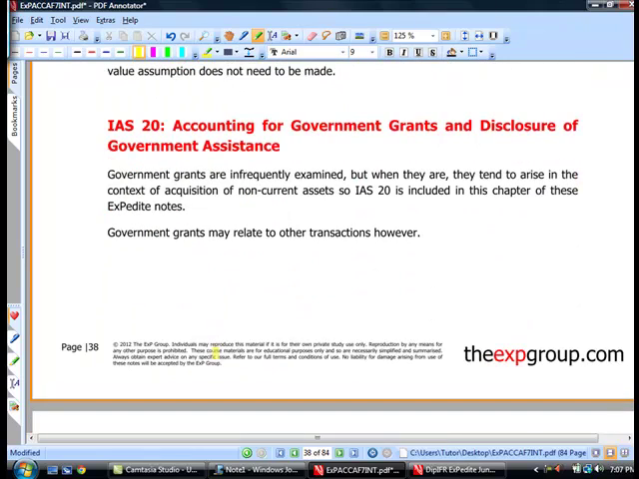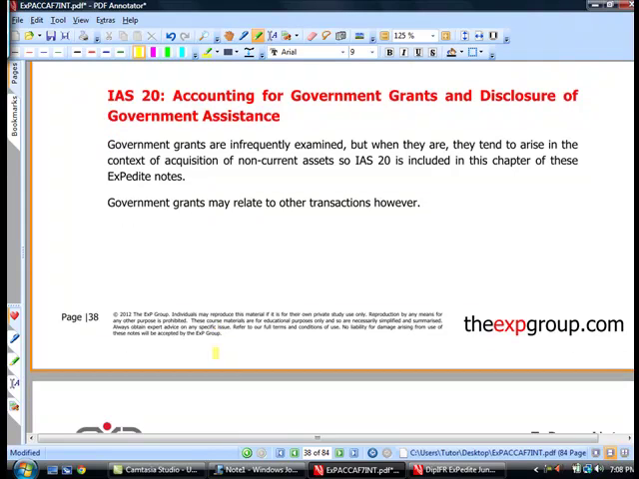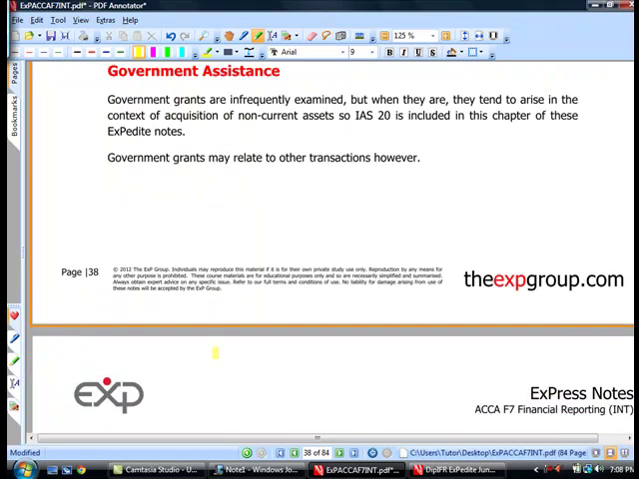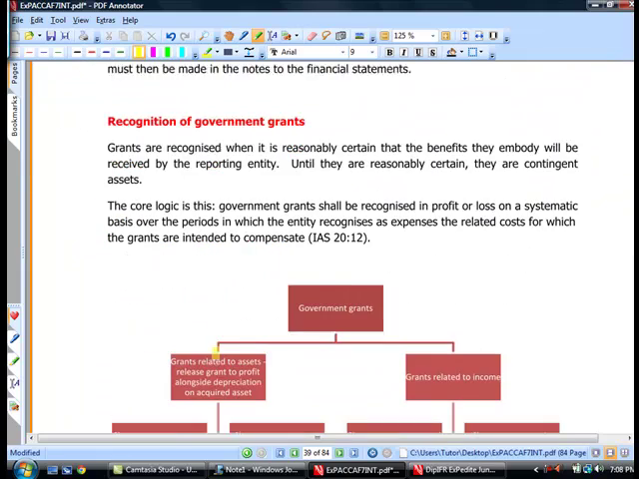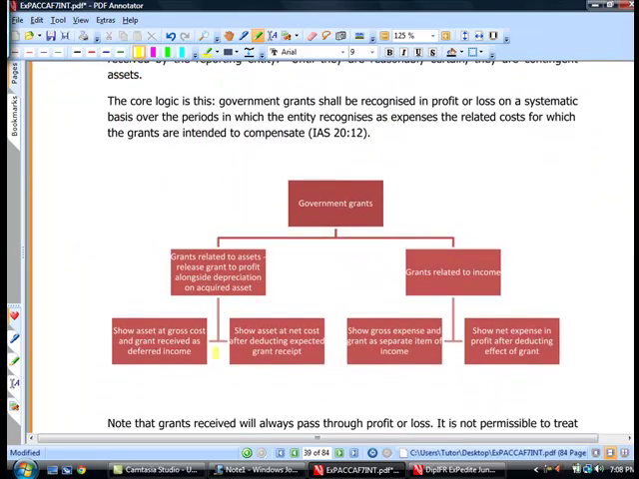Government grants. This one is covered by IAS 20, and in here we can have basically two types of grants. So the government may grant us some money either in relation to the income, meaning I will get some subsidies from the government, I don't know, to go in a remote area and start